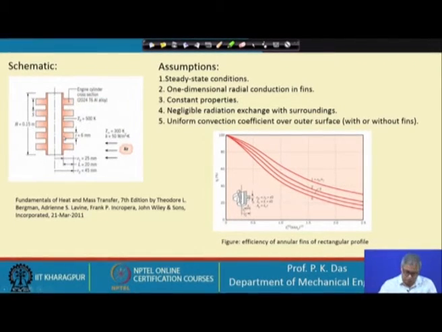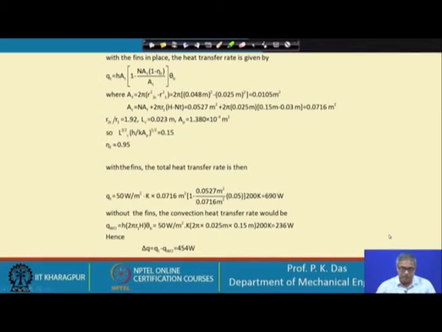This is very important to understand. And by this calculation we have got, how much we have got? We have got 690 watt. And then if there are no fins, then only there is bare cylindrical surface, and we can calculate assuming that the heat transfer coefficient has remained same. So, assuming that we can calculate and we get some heat transfer value as 236 watt. So, by providing fins, how much gain I have got? Q t minus Q W O, Q total minus Q without fins, that is 454 watt.